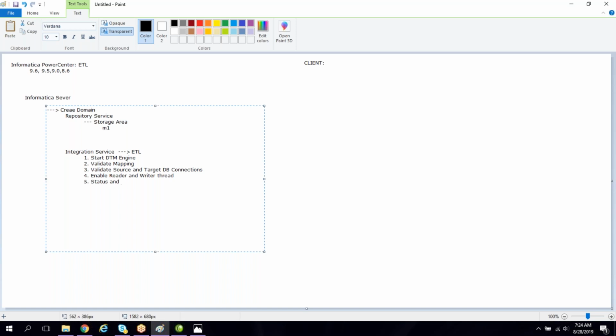and also it will display the statistics. How many records it has read per second, in total how many records it has read from the source table, how many records it has sent to the target. Is there any record rejected, at what time the execution started, at what time the execution ended, all the statistics it will display. So all these five steps can be taken care of by the integration service, the actual ETL process.